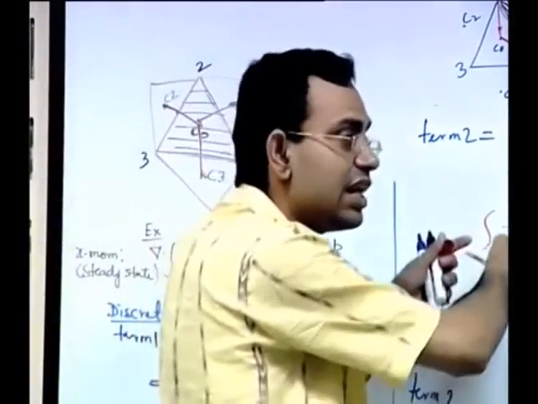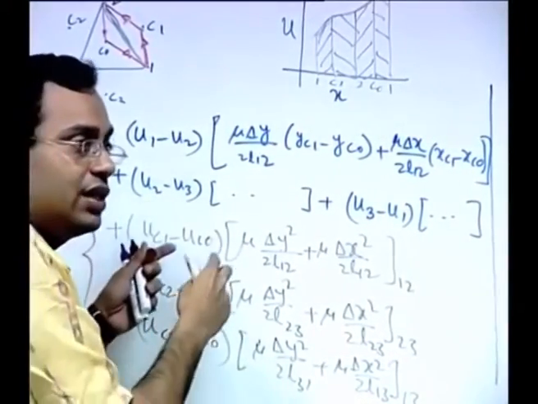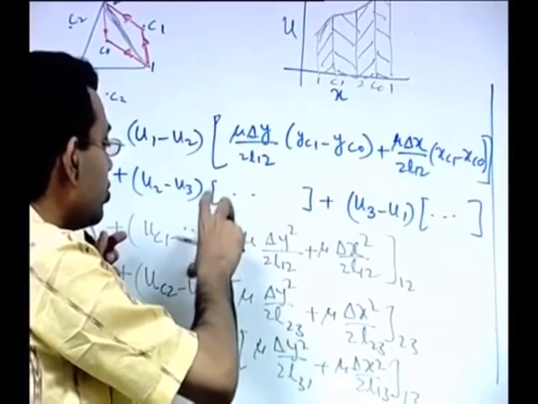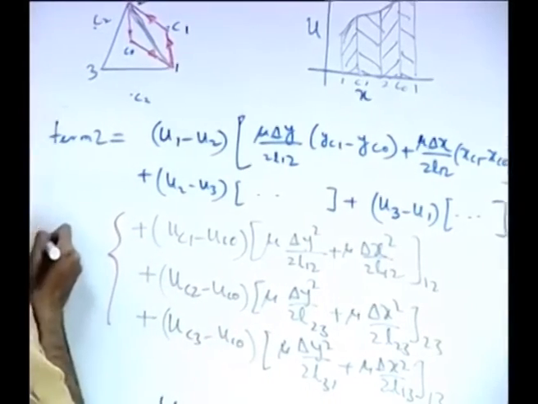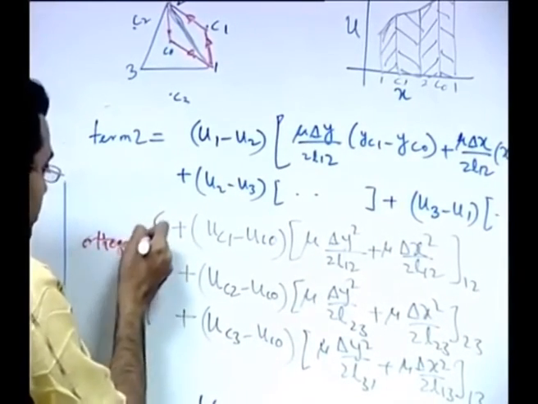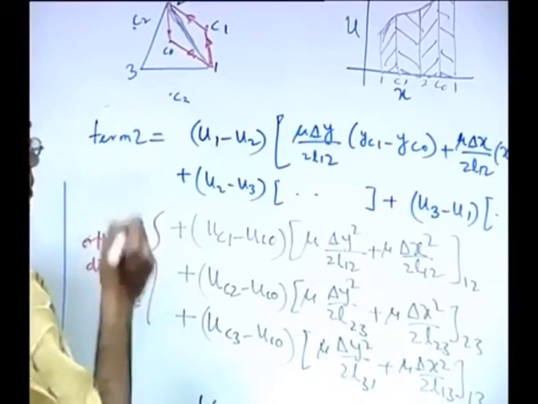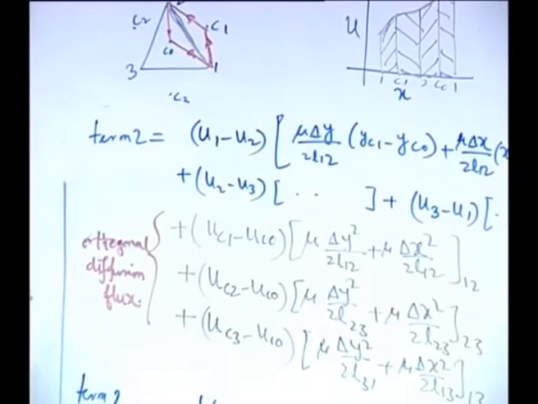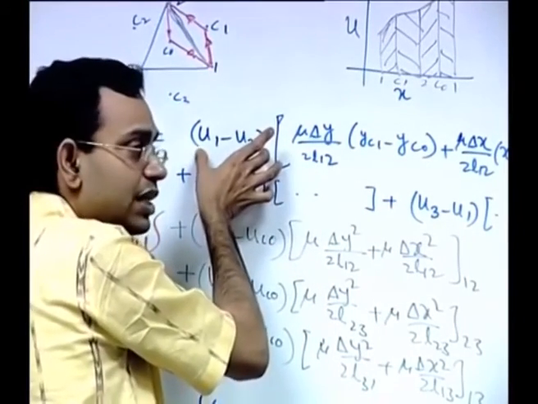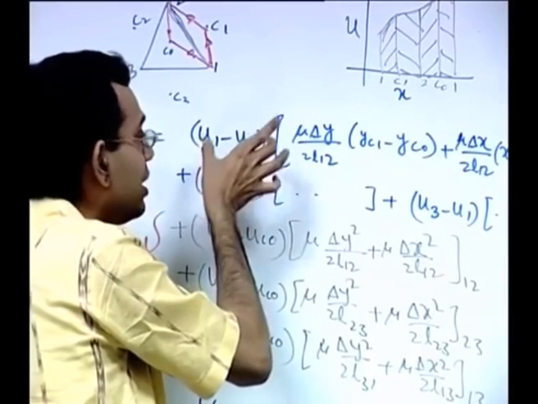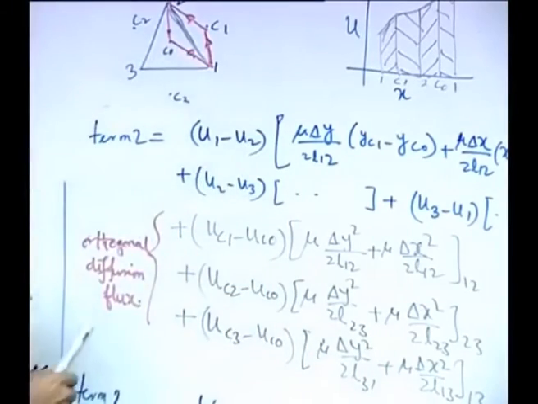So this is just like the structured grid formulation, equivalent, not exact but conceptual equivalent, where the diffusion flux is proportional to the difference in the values of the neighboring grid points. So this we call as orthogonal diffusion flux. And interestingly, the diffusion flux also has components which are not driven by the difference in values of the neighboring grid points, but difference in values of the vertices. So this we call as non-orthogonal diffusion flux.